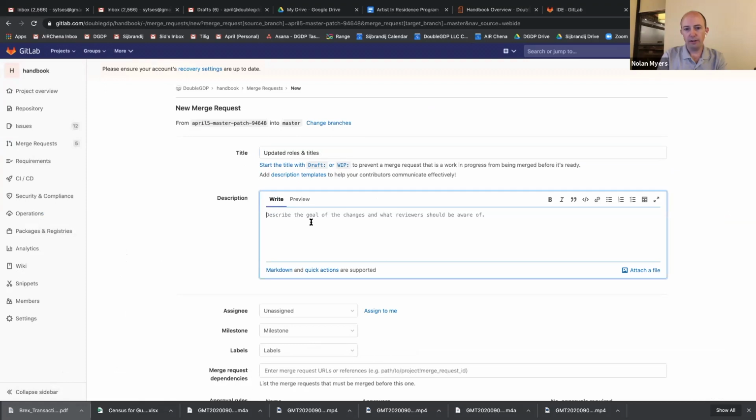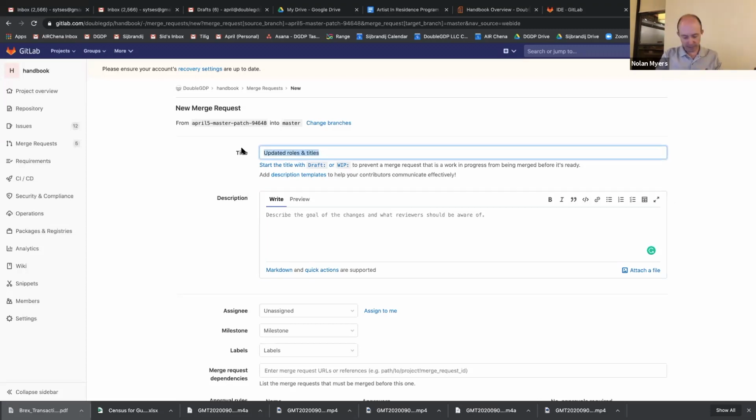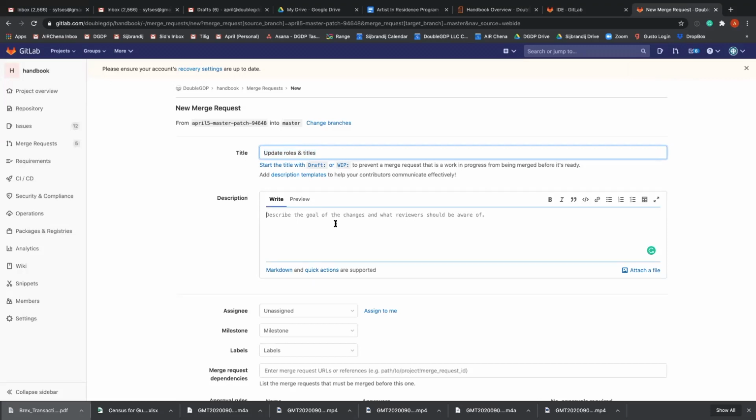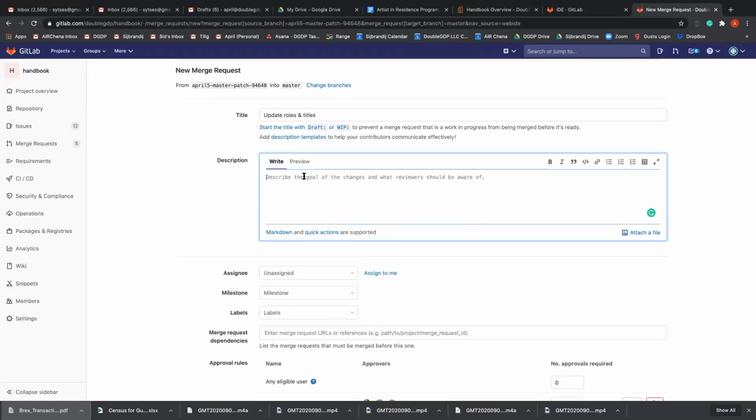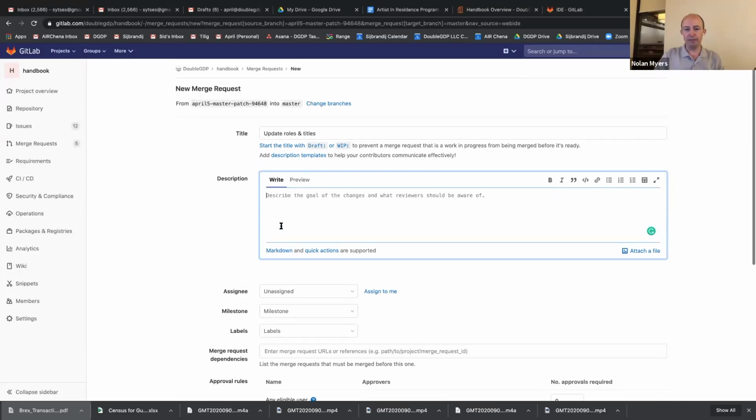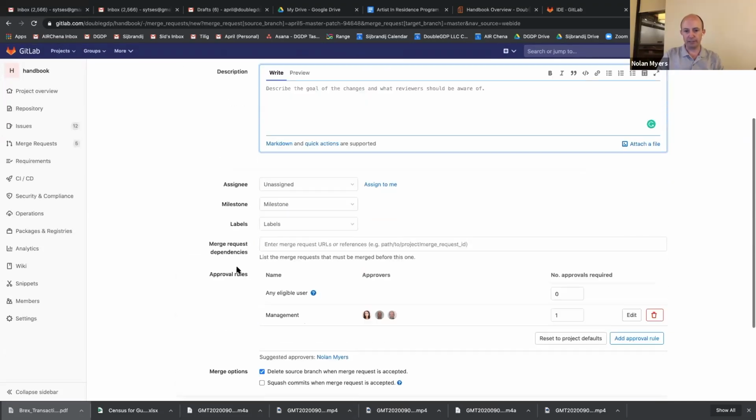Great. Now, one thing about this is just in general, a best practice is to talk in present tense rather than past tense. I know that our default is to talk about that, but the idea is that you're describing the change that you are in the act of making. So I would just say update. Okay. Update roles and titles. And then this would be for the write-up. This one is simple, and I think it's simple enough that you don't need to do anything there. We can talk about more complicated changes shortly.